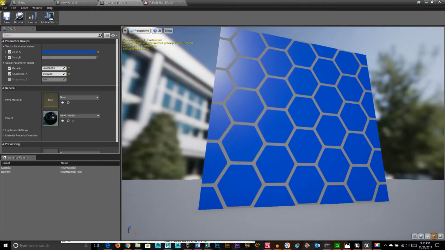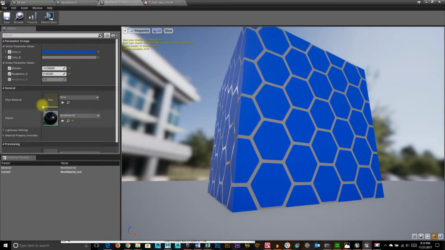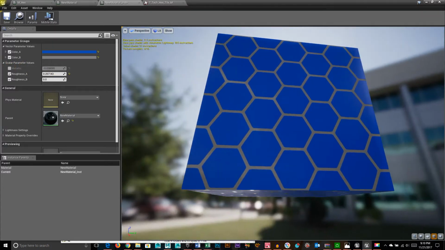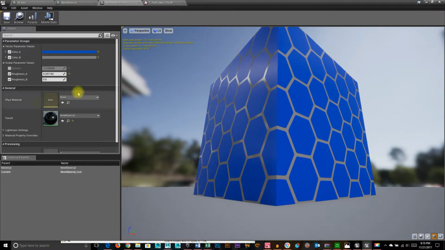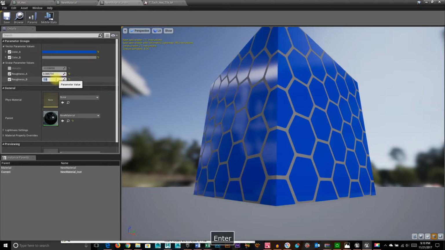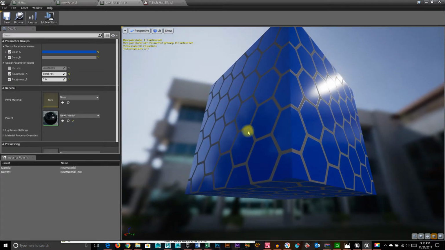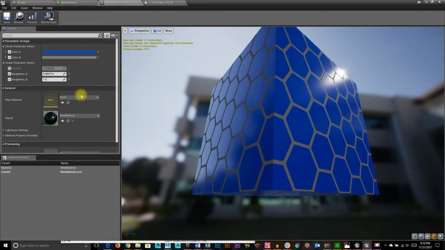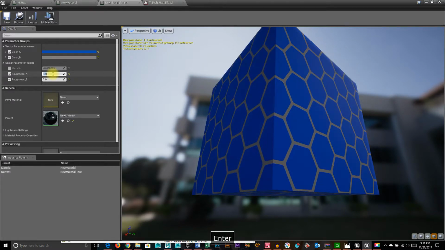It's almost like a metal, see? And then down here is where I can change the shininess or reflectivity of these different properties. Okay, so B is the grout. A is the blue part. So if I actually reverse that, you see that now it's only reflective where the blue is, but not where the grout is. If I change that back,